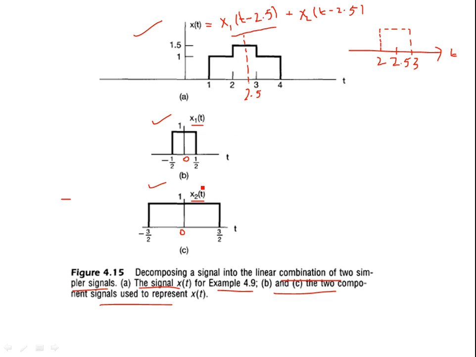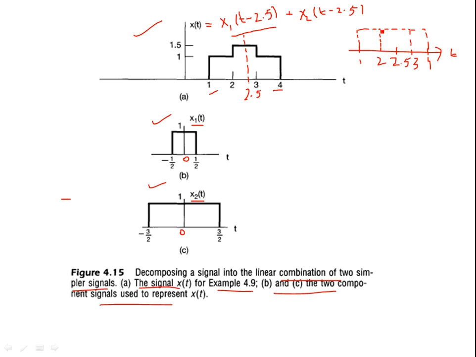The second part is x2(t), and if it is shifted by 2.5, then 1.5. I have to add 1.5 to 2.5, right? If I'm also going to shift that, then it will be 4, and minus 1.5 plus 2.5 is 1, which is the case on this time scale as well. So okay, then it's also a unity magnitude. So probably I have 1.